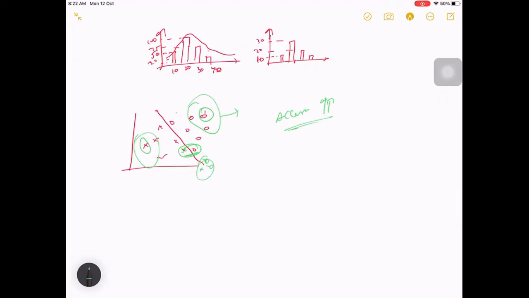Like what you got is something like this, and sorry, more zeros here. So maybe there will be some misclassification, right? There will be zeros that are misclassified, and there will be some crosses on the other side as well. So such a thing occurred here, and your train test split actually has only these values, maybe. More of these values. So what can happen is, in that case, you may say accuracy is very bad, this model is not performing at all, but in reality it is not like that. Okay, so this is one more case.